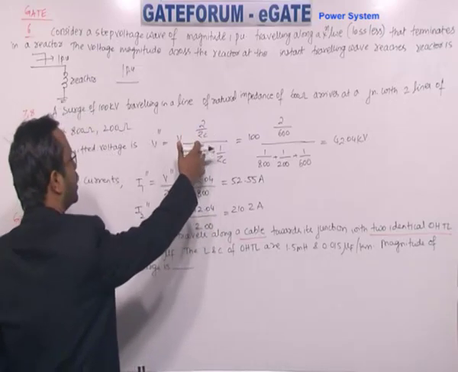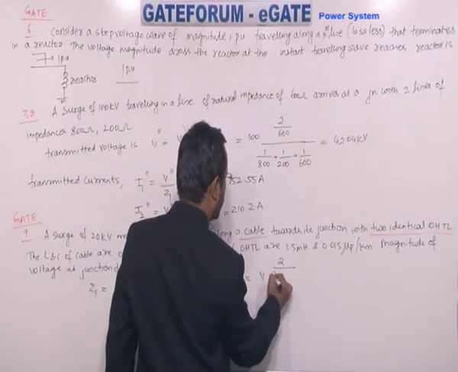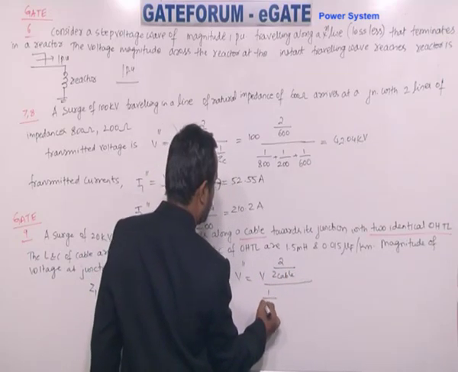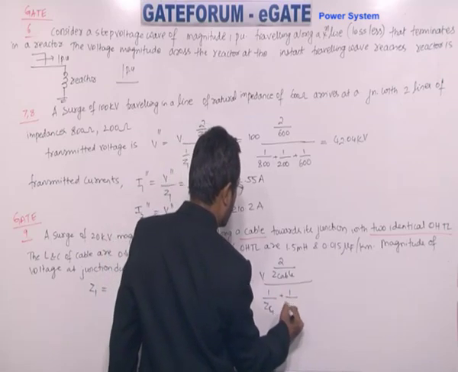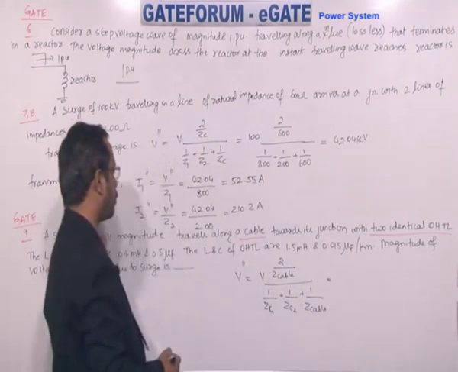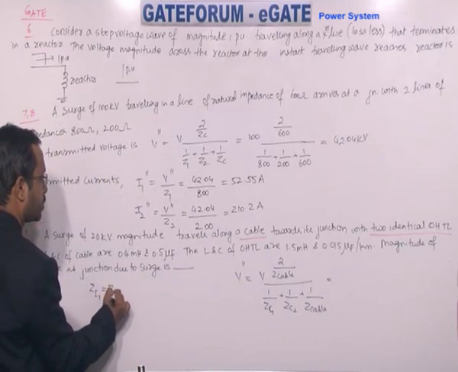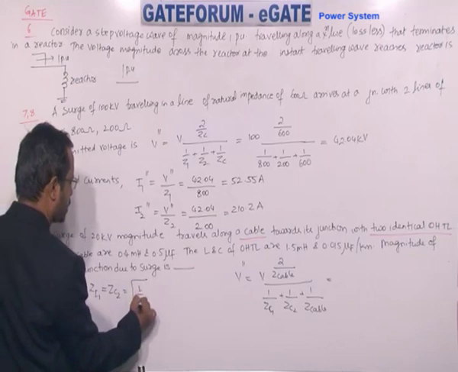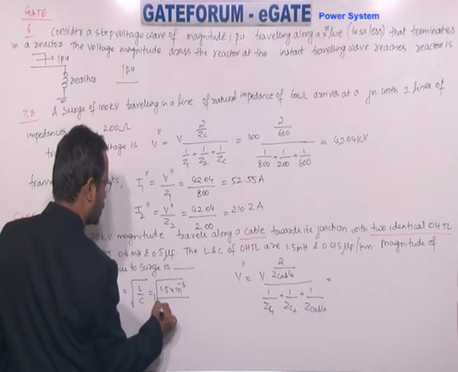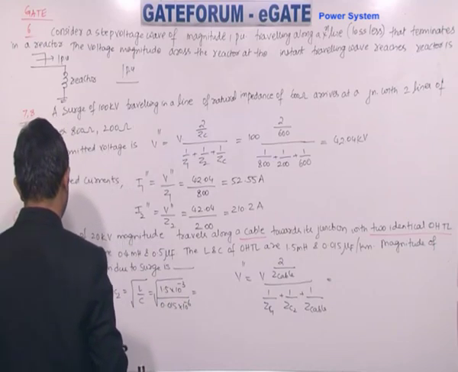This is for first line followed by cable. So first itself, if you have cable, what do you write? 2 by Z cable divided by 1 by line ZC1, other line ZC2 and cable. Only this is how you have to modify. Now how to find ZC1 or ZC2? Under root L by C. L is 1.5 millihenries, C is 0.015 microfarads. So on simplifying this one,